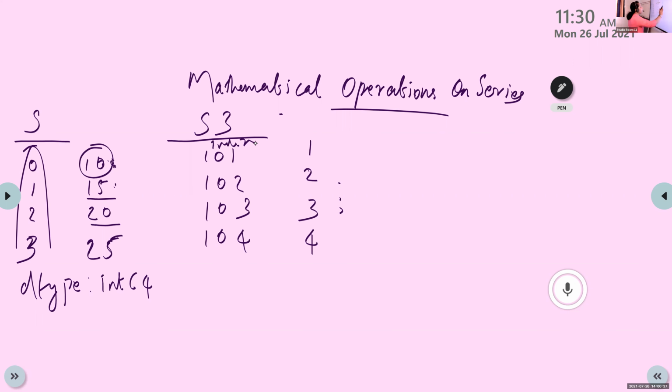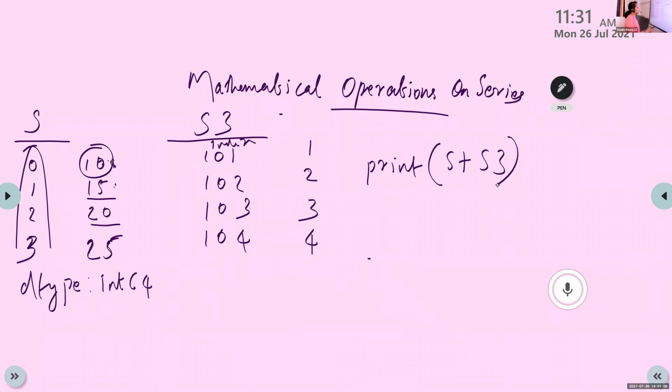Then I will give a statement like this: print S plus S3. Before doing the addition operation, we will check the index of S and S3. Here the S index is 0, 1, 2, 3 and the index of S3 is 101, 102, 103, 104. So the indexes are different.